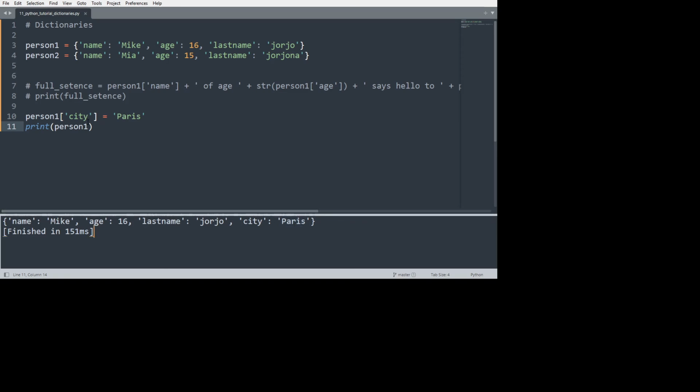But if I came here, for example, and gave an existing key, that key will have its value updated. Nothing will get added to the end. Just here I'm saying to update the name that I have here. Instead of Mike, give it this value over here. It will get overridden. So when I hit Control B, I see that name instead of Mike got changed into Paris, and here age 16, last name Giorgio, and because I haven't saved my changes, I see that the city here isn't